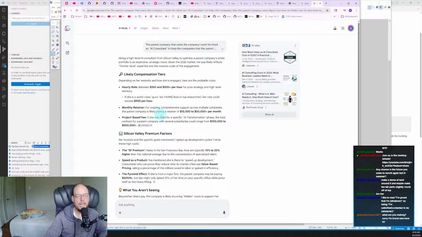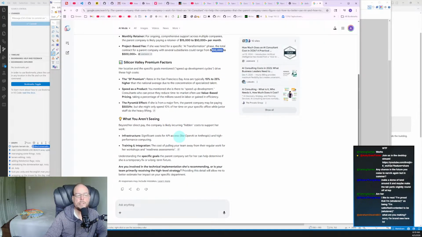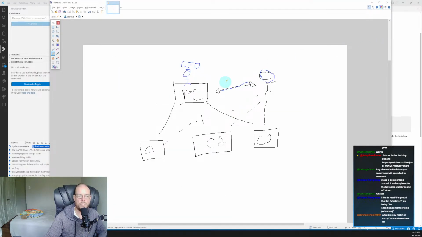The parent company is likely paying a retainer of $15,000 to $50,000 per month. If she was hired for a specific AI transformation phase, the total contract for the parent company with several subsidiaries could range from $100,000 to $500,000. So this company is paying her a pretty penny because